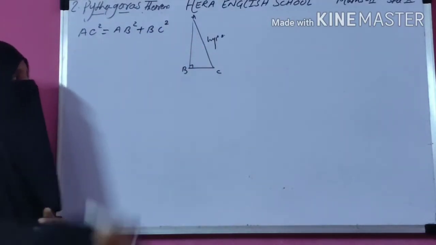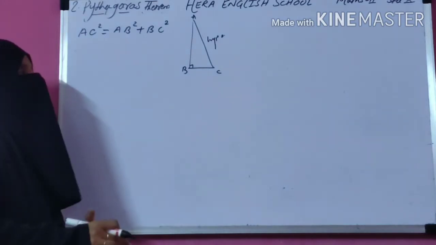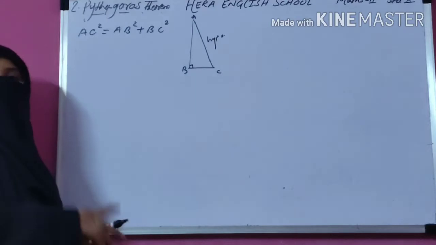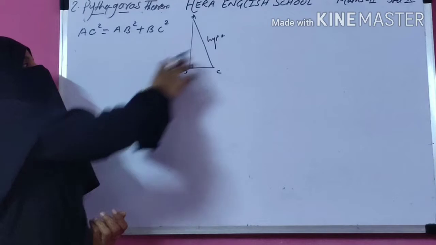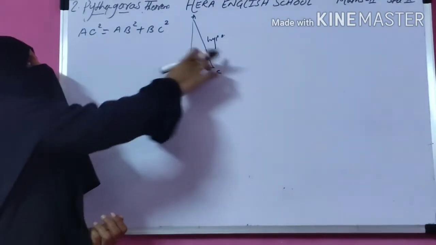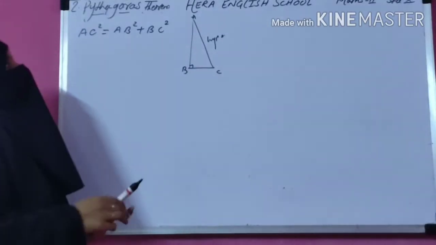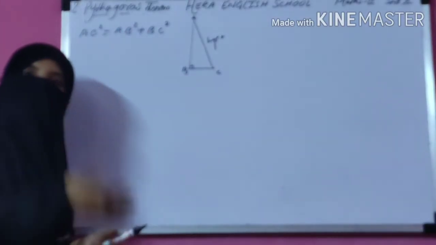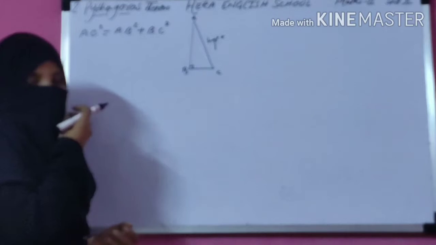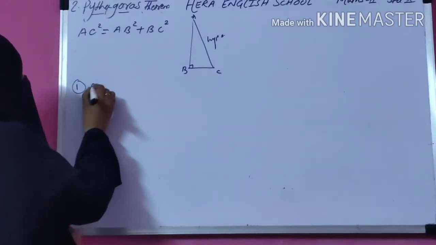This is your Pythagoras theorem. Okay. And you are familiar with this theorem. We used this theorem to solve sums in 9th standard and 8th standard also. So Pythagoras theorem says the square of the hypotenuse is equal to the sum of the squares of the remaining sides. In this lesson, Pythagoras theorem, we have to study some properties and some theorems. The first property that we have to discuss in this lesson is